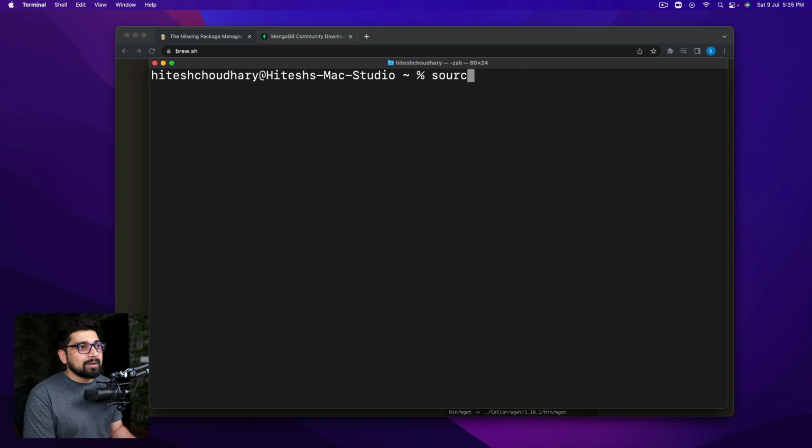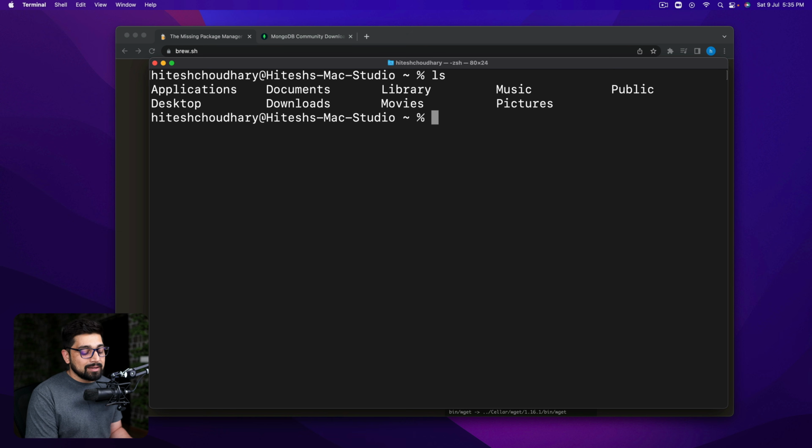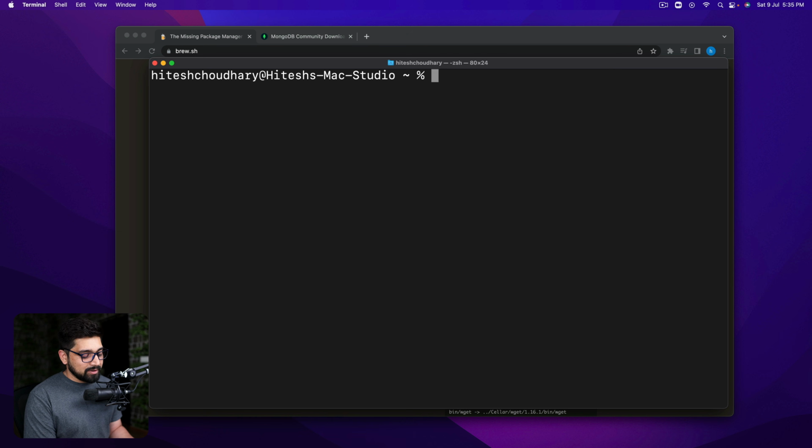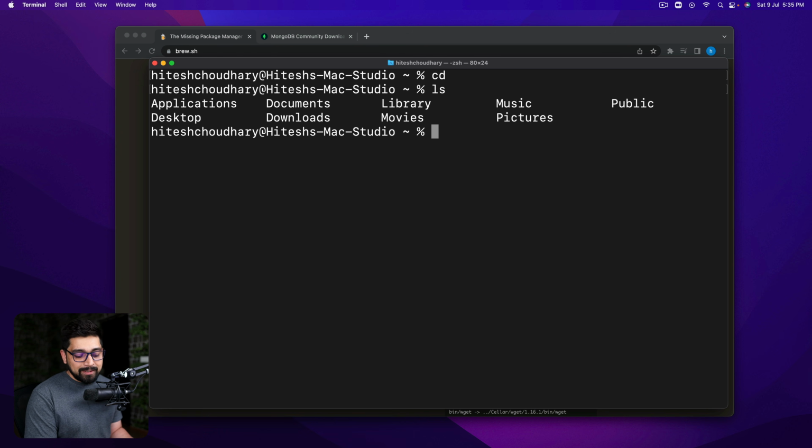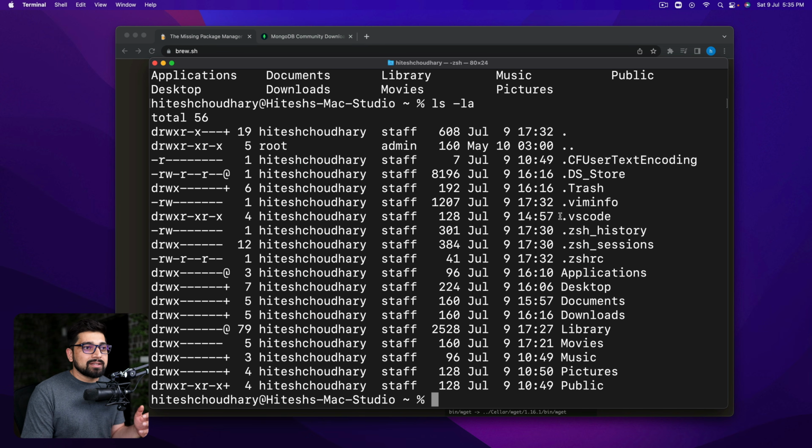For that, you first have to find a file. There is a hidden file in your system. First make sure you are in the correct directory, so just hit cd and hit enter. Then do a quick ls and you won't find that file. All you have to do is ls -la, which gives you a long listing and also shows all the hidden files and directories. Now you can see there are a lot of files, and what we are interested in is this